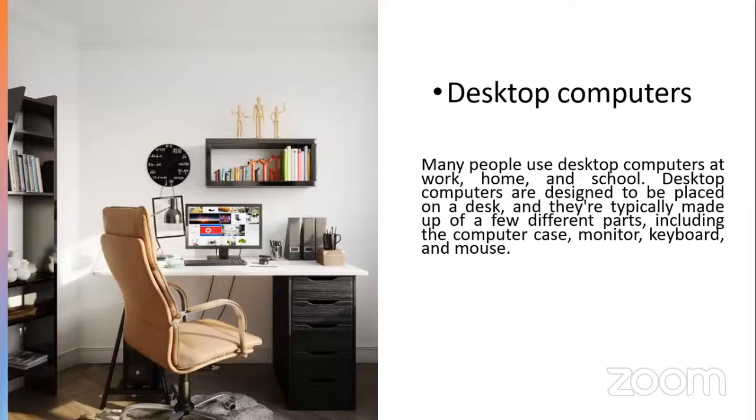As you can see on the picture, you are seeing a monitor on the table, this is a mouse, this is a keyboard, and this is the CPU under the table. So this is a complete set of a desktop computer.